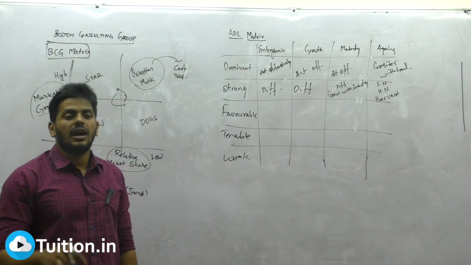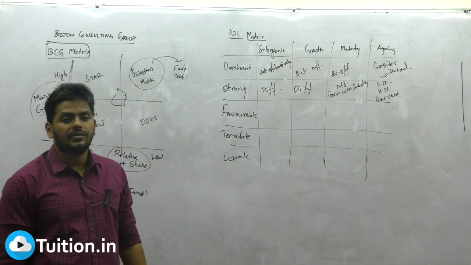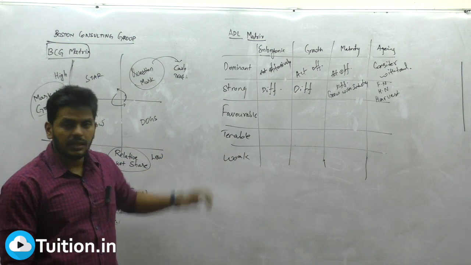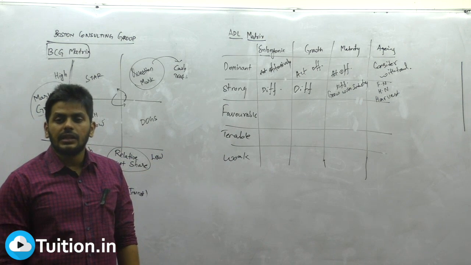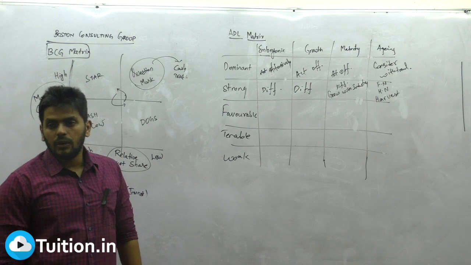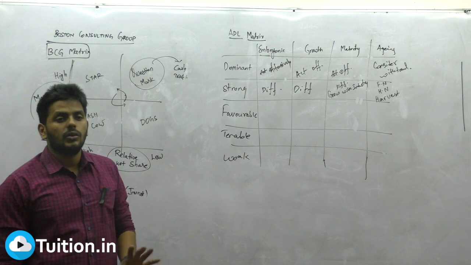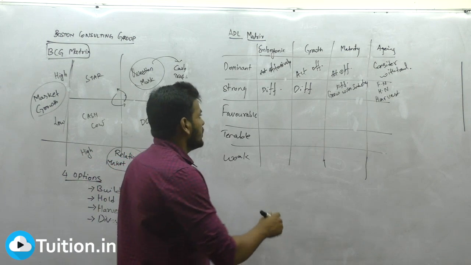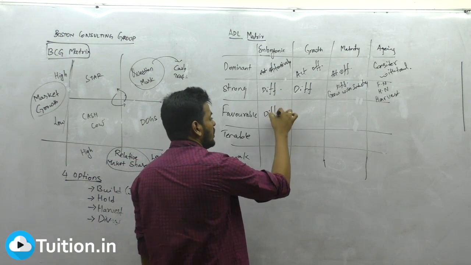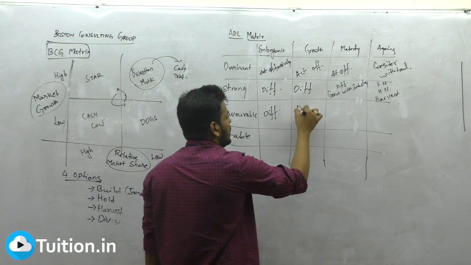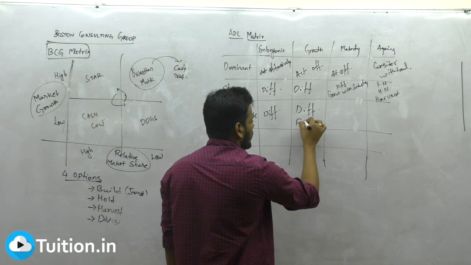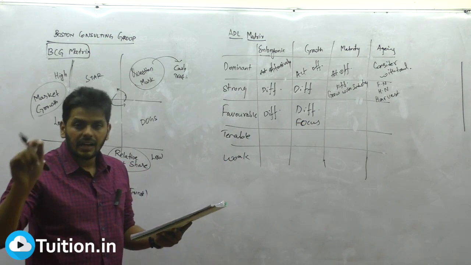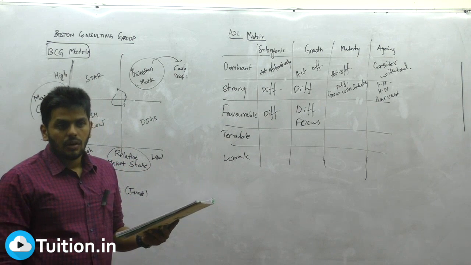What is the behavior of different companies in different life cycle stages? That's what he beautifully plotted. Now look at a favorable company. Are they doing amazingly well? No, they're doing well. Are they doing bad? No. They're doing decent business. What will they do in the introduction? They should also differentiate. See, in their first two stages, there is no option. Differentiate. Here also you differentiate. But find your target market. Focus on your target market. It's very important.